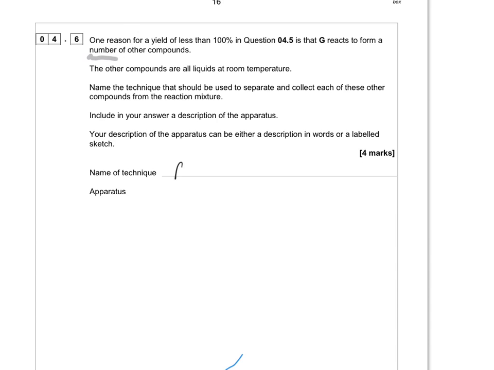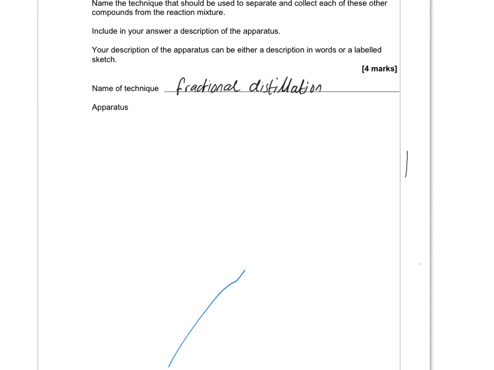In this question it tells you that the reason why you never get 100% yield is that you get side reactions where you're getting other compounds produced. If you remember back to the alkanes, you know that in order to separate liquids that mix, the only way you can separate them is by a process called fractional distillation. If there's more than 2 liquids, you can't just do it by ordinary simple distillation because there's quite a few other liquids. So when you come to explain the apparatus, what you must do is have with you a sharp